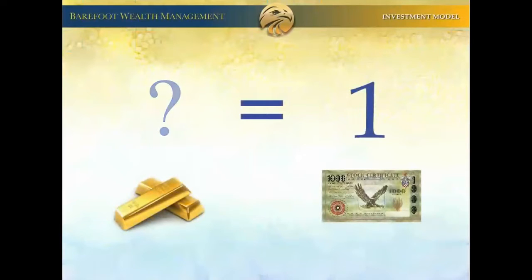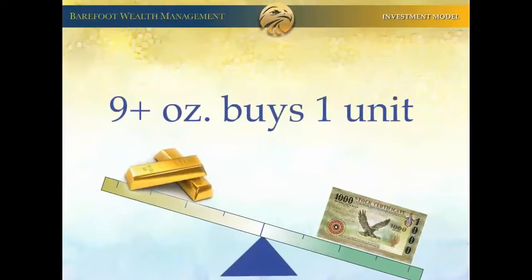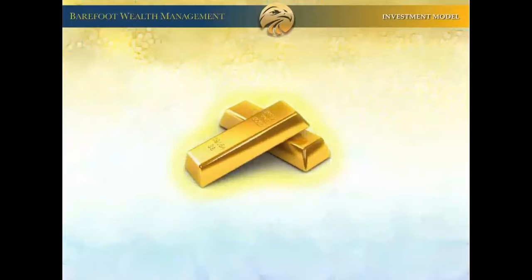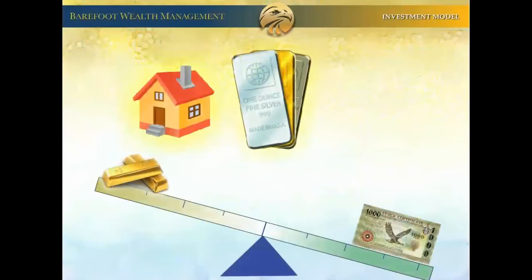When the ratio rises above 9.0, meaning it takes 9.0 ounces or more of gold to buy 1 unit of the Dow, then the ratio is favorable to gold because stocks are expensive relative to gold and gold is cheap relative to stocks. When this condition exists, the long-term bull market is going to favor hard and tangible assets, not